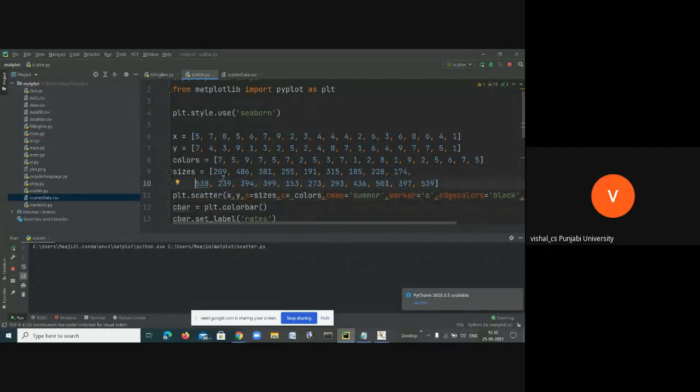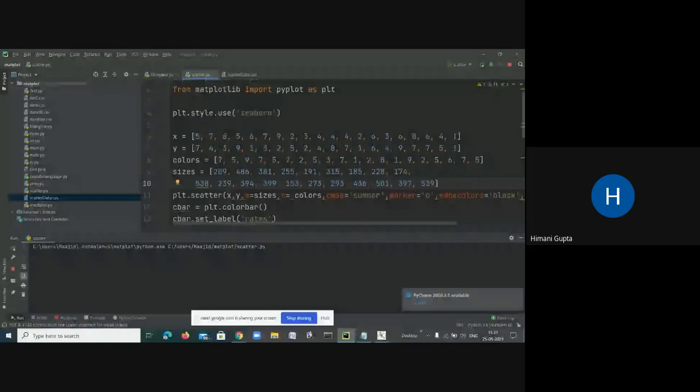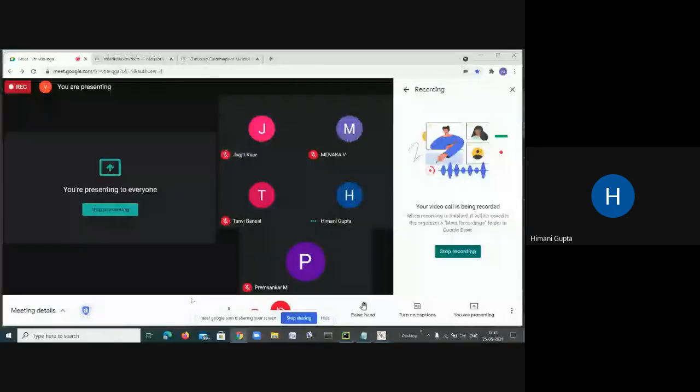I can change the corresponding color, and I can change the corresponding size also. You got it, Jagjit? Sir, the values which I gave are giving an error. Now I am trying the values which you have given, sir. Okay, tell me the values you are giving.